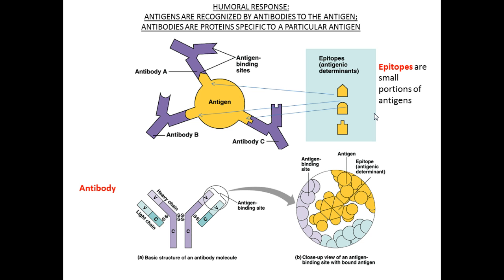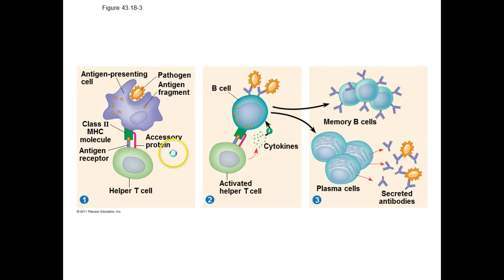So the humoral response is all about recognizing the antigen and the antibody fitting with that antigen region, which we call the epitope. So the epitope is a small region on the antigen where the antibody binds to it. And it's like this lock and key model. They fit like a puzzle. And how does the antibody